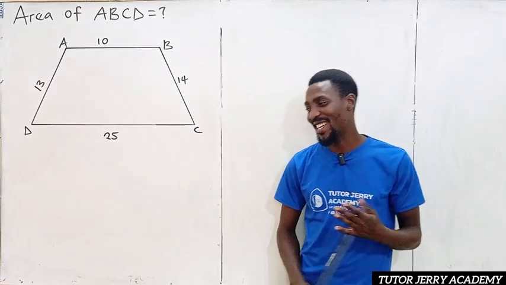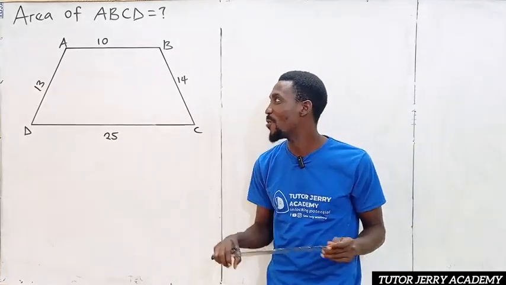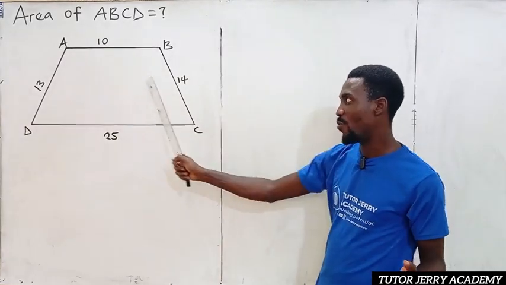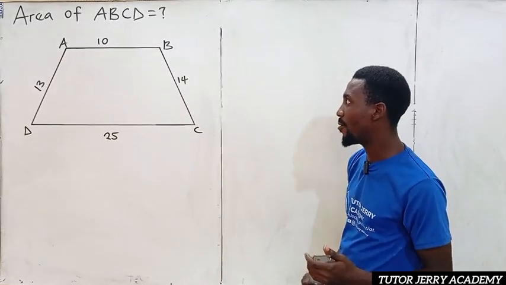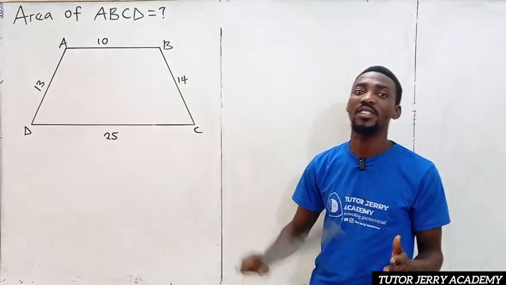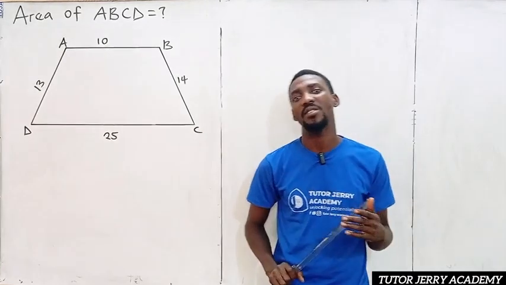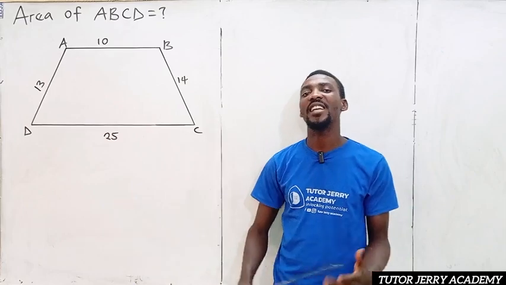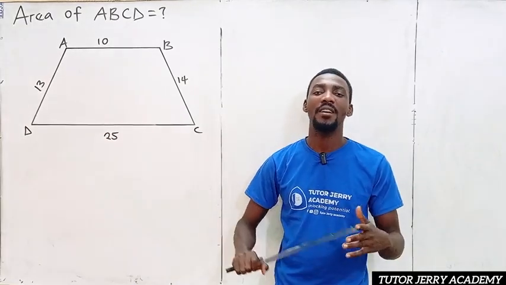Hello and welcome. Let's solve another question on geometry. We want to find the area of ABCD, and this shape is nothing but a trapezium. If you want to find the area of a trapezium, we know that the area of a trapezium